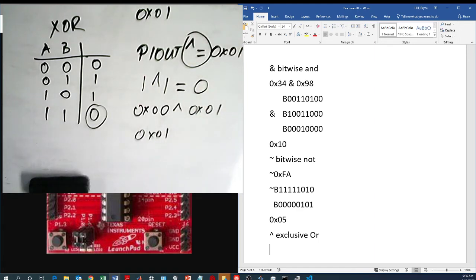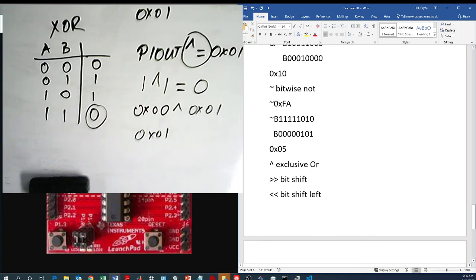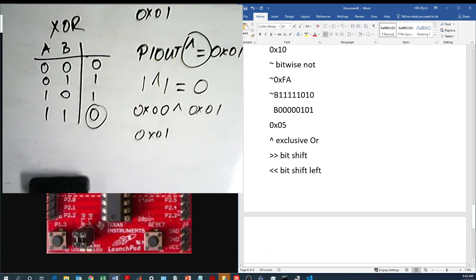Okay, there are 2 more that I want to introduce you to. Bit shift, don't say it fast. Bit shift right. Bit shift left. We're going to finish this off with these guys here. But bit shift left, if I had 0x38